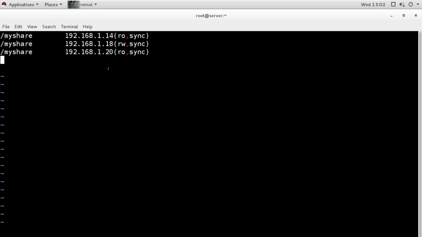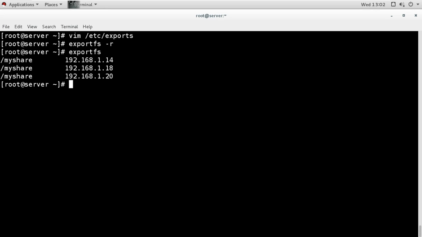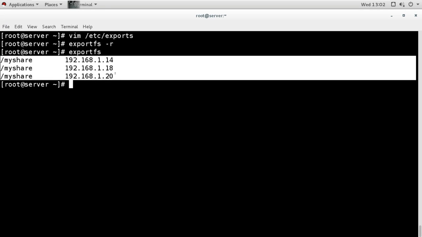And remember, 14 is having read only, 18 will get read write, and 20 will get read only. So only these machines will get the permissions, others will not get the permission. So what I will do now, I will check this by saving the file and updating the exportfs by using the -r option. And now when I check the exportfs command, I can see that these permissions are there